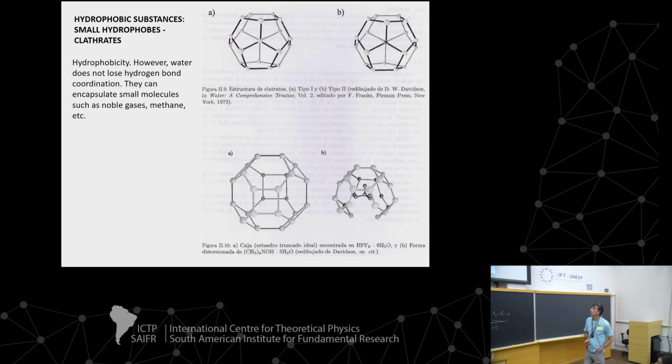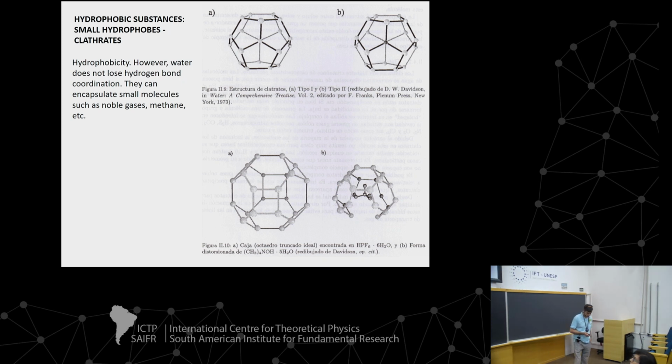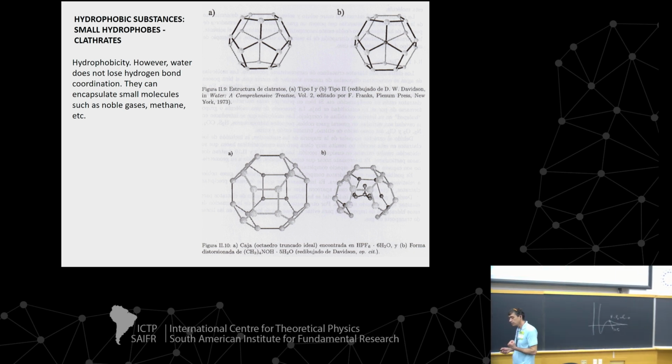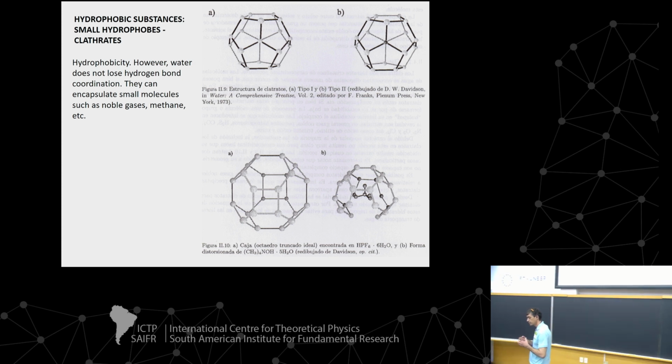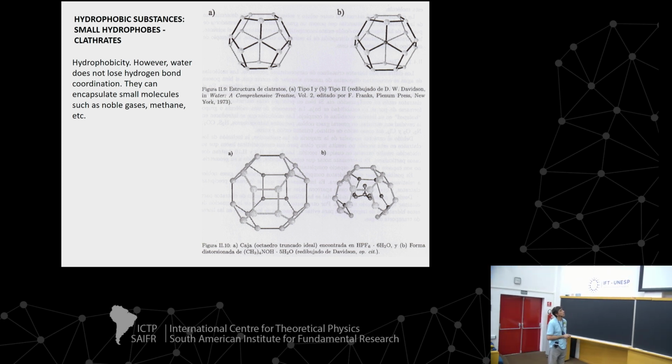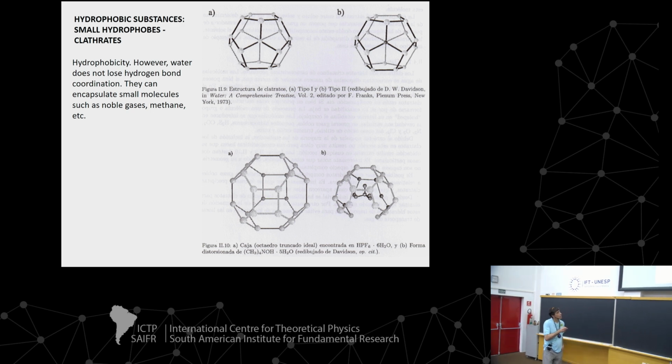Well, what about hydrophobic substances? We have to consider different situations. The first case is when your hydrophobe is very small. When the hydrophobe is very small, the water molecules can arrange around it in what is called a clathrate, in the sense that the water molecules are not sacrificing any hydrogen bond, and they are forming a cage